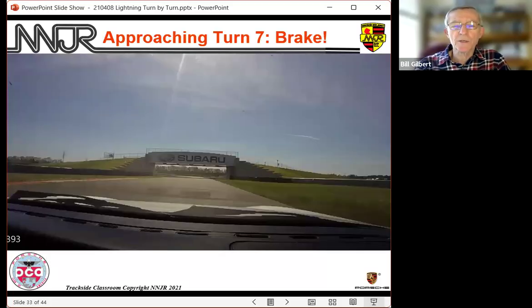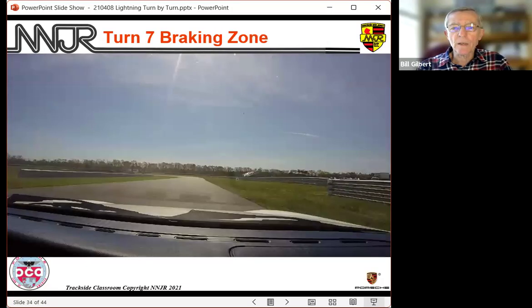So here we are approaching turn 7. As I said, we want to be braking by the time we get to the bridge, if not before, because I don't care how good your brakes are. We're carrying a lot of speed here, and we need to slow down a lot. And the braking zone is downhill. The road starts going downhill even more about at the bridge. You can see a little bit that the road goes downhill, but now you see the brake markers